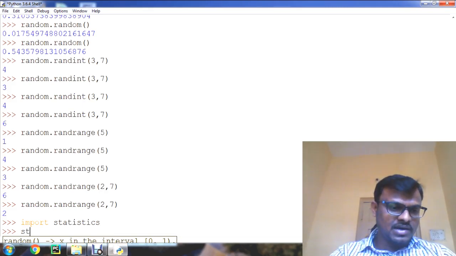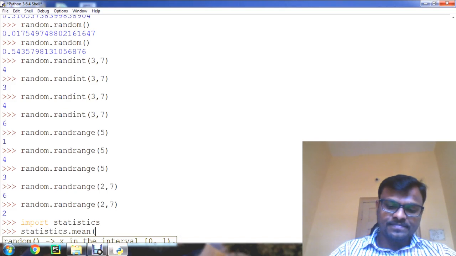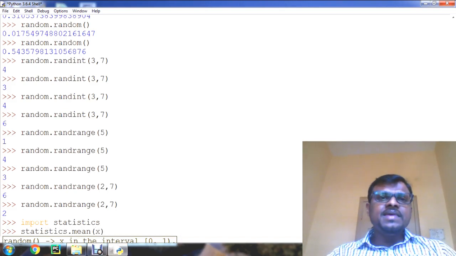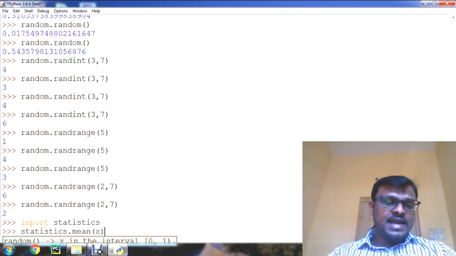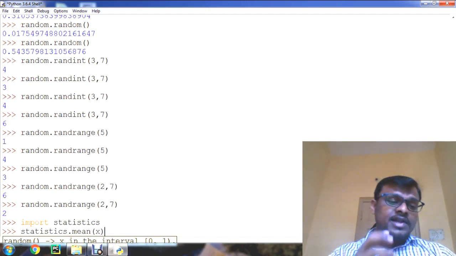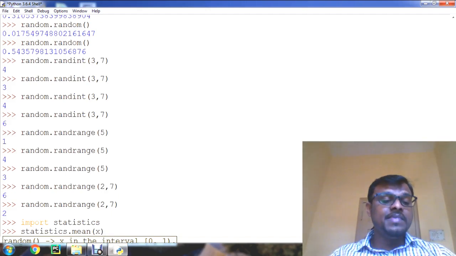Let us do that now. statistics.mean of x. This x should be a numeric sequence, and it is going to return the arithmetic mean of the given value x.